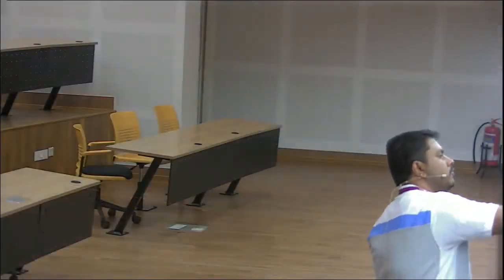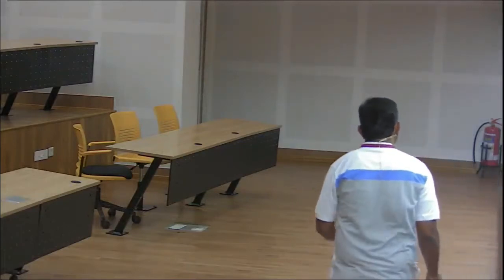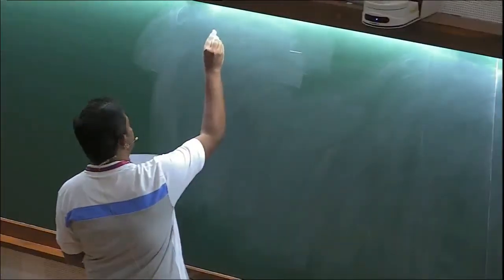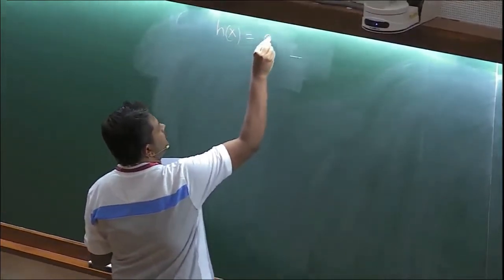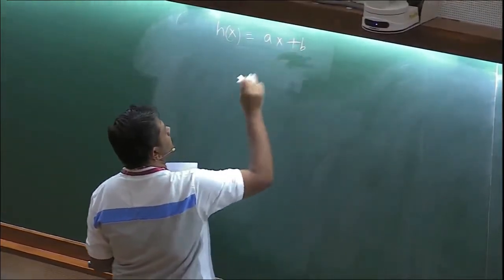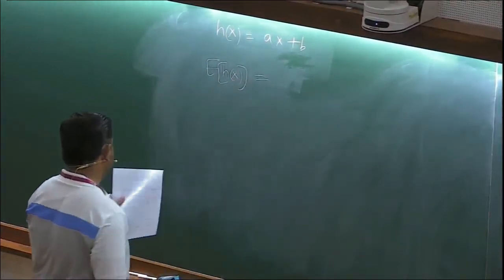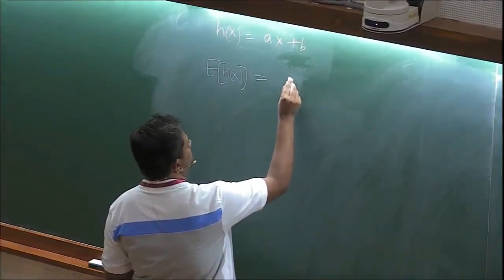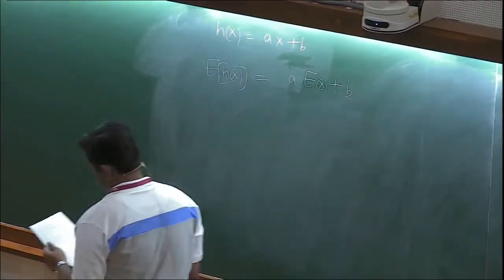The expectation is what is called the first moment of the distribution. So one can easily define higher moments of the distribution. Before you go to that, you can look at certain linear transformations. For example, if you have the same function h of x, but this time it's a linear function of x, then what is the expectation value of h of x? It will just be a times the expectation value of x plus b. It just shifts and scales.